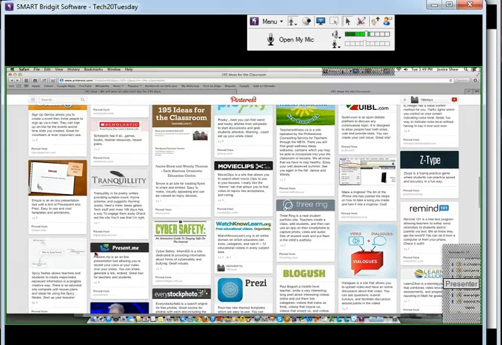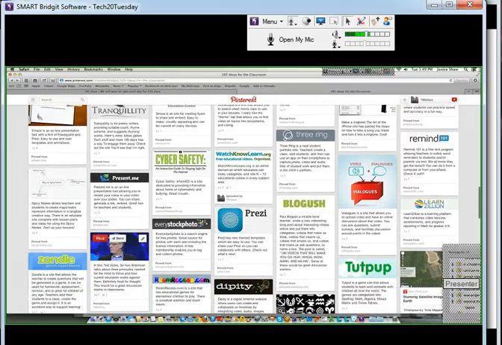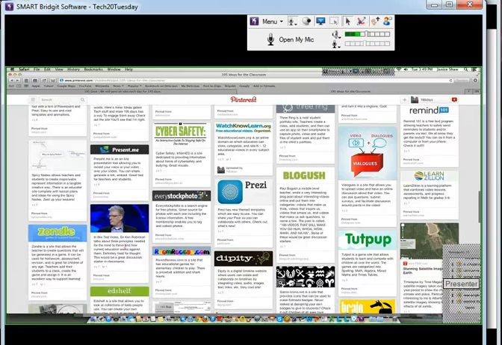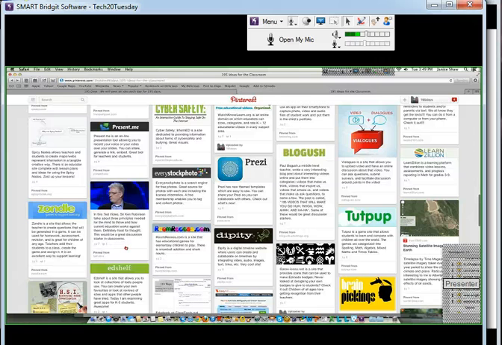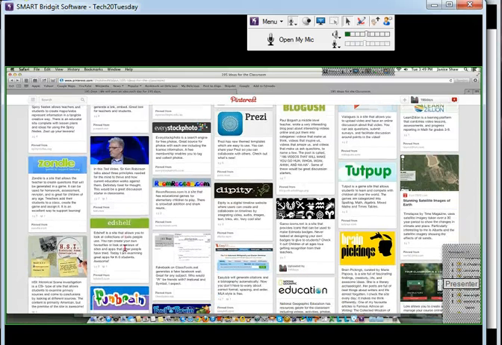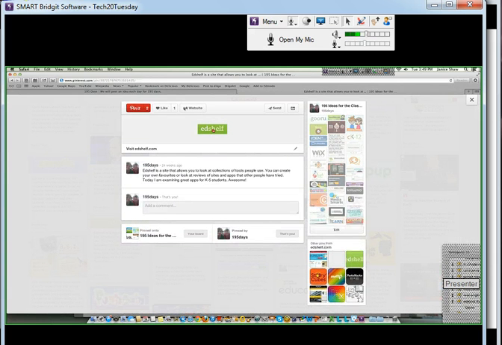Let me see. Of course, everybody loves Sir Ken Robinson. Of course, we have to pin him every chance that we get. There's lots of cool things on there. EdShelf is an excellent site. We actually get a lot of our ideas from EdShelf. I should be telling you where we're getting our ideas. You know, then we'll be worked out of a job. But